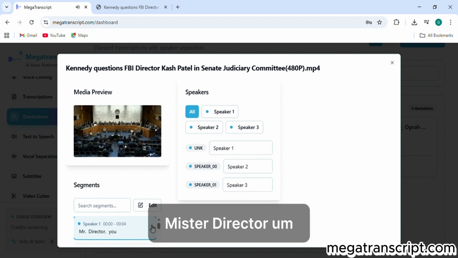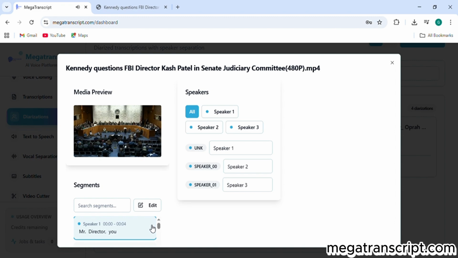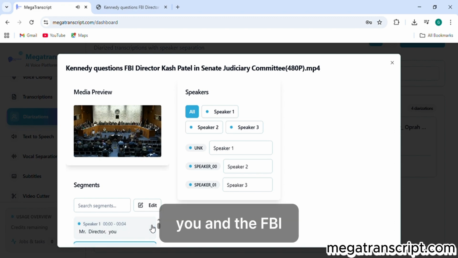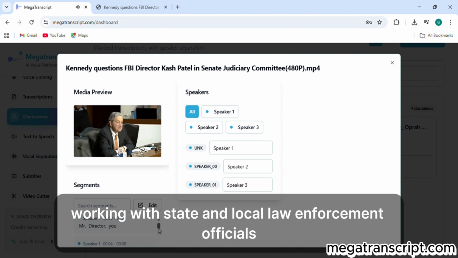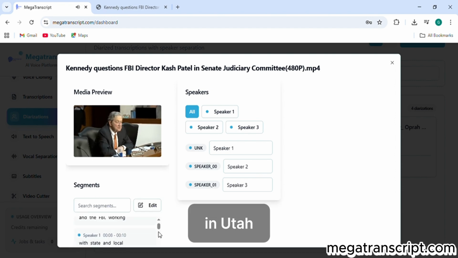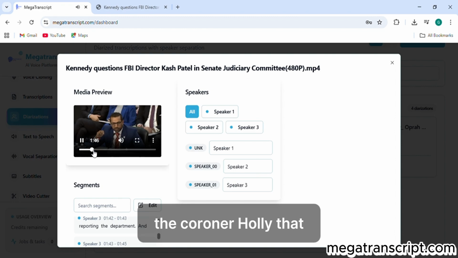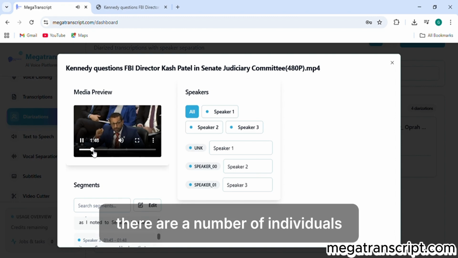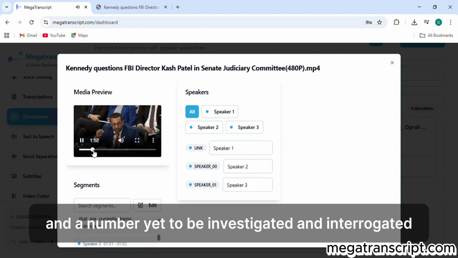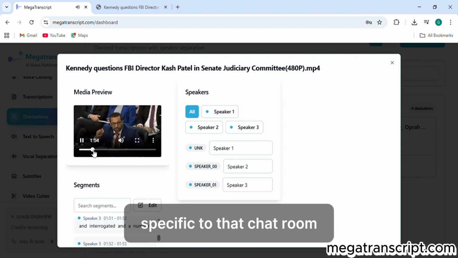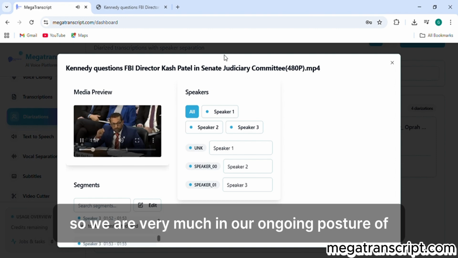Mr. Director, you and the FBI, working with state and local law enforcement officials in Utah. Cornyn or Hawley, that there are a number of individuals that are currently being investigated and interrogated, and a number yet to be investigated and interrogated specific to that chat room. So we are very much in our ongoing posture of